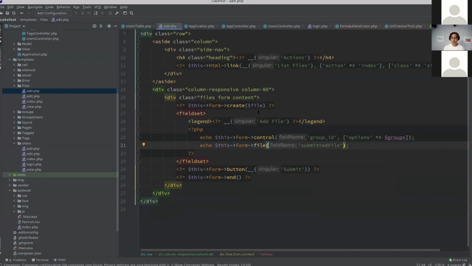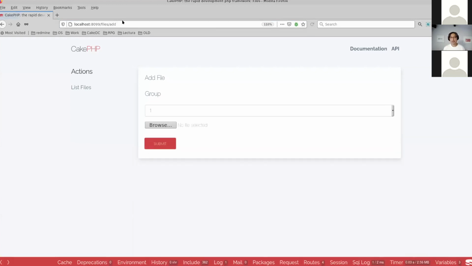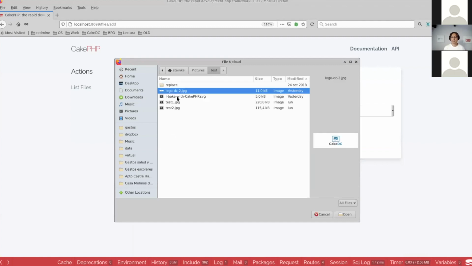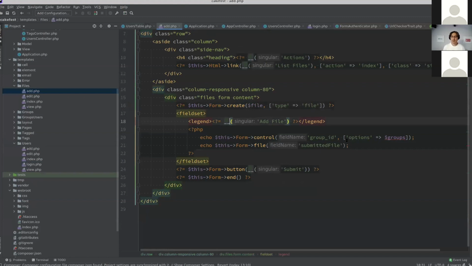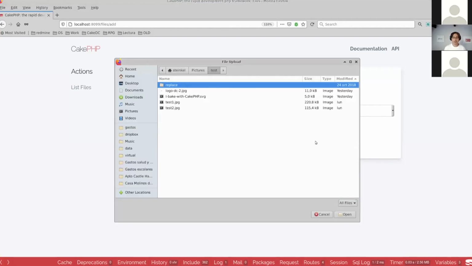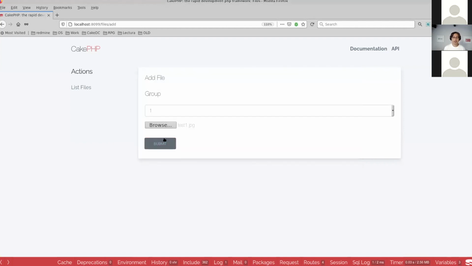Next thing important is to remember that we need to tell CakePHP to create the form as type file, like this. So now if I go back here and add this one, I have a group selector, and then I have files that I can pick whatever I want and upload, right? Great. If I upload a file now, it won't do anything. So I'm not going to waste the time because this here is a new field. I'm removing some fields that are required. So if I try and do something like this, then, well,